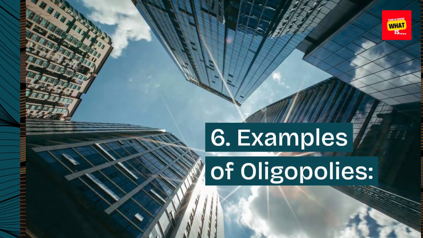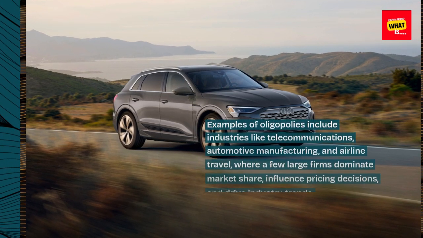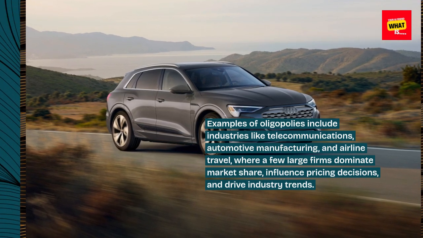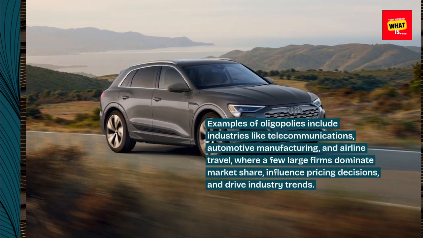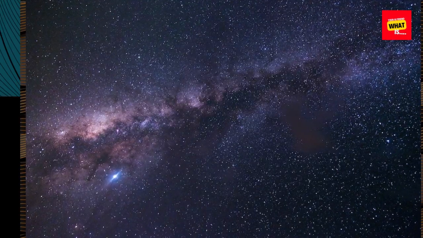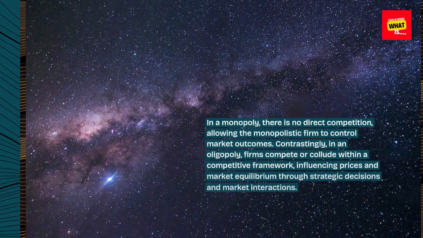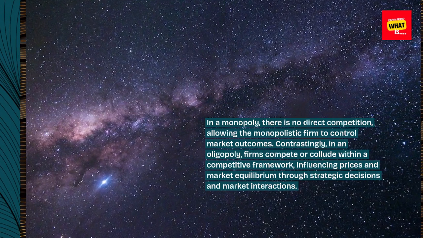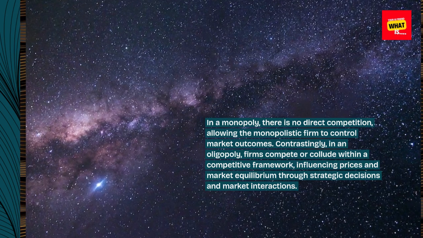6. Examples of oligopolies. Examples of oligopolies include industries like telecommunications, automotive manufacturing, and airline travel, where a few large firms dominate market share, influence pricing decisions, and drive industry trends. 7. Competition dynamics. In a monopoly, there is no direct competition, allowing the monopolistic firm to control market outcomes. Contrastingly, in an oligopoly, firms compete or collude within a competitive framework, influencing prices and market equilibrium through strategic decisions